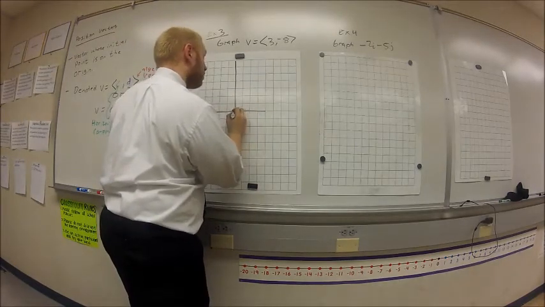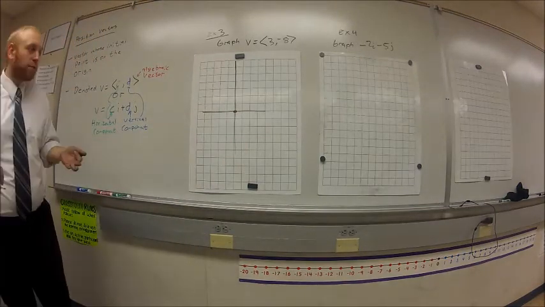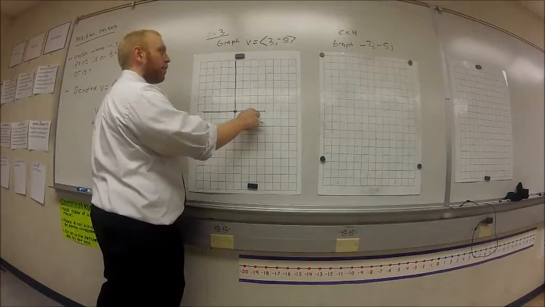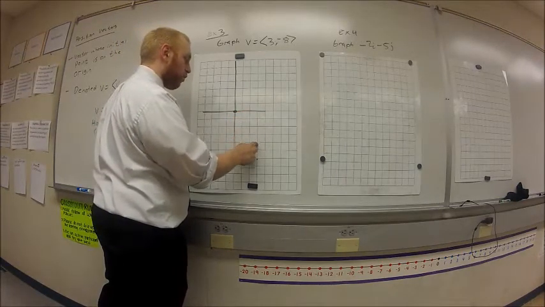We're starting there. And then it says it needs a horizontal component of 3. Well, that's positive, so go right, 1, 2, 3. And it says it needs a vertical component of negative 8. So down 1, 2, 3, 4, 5, 6, 7,